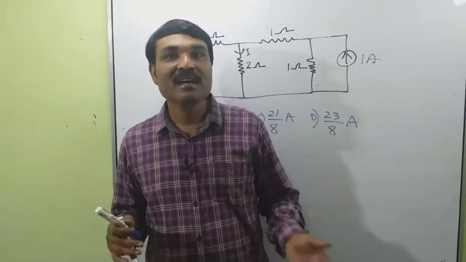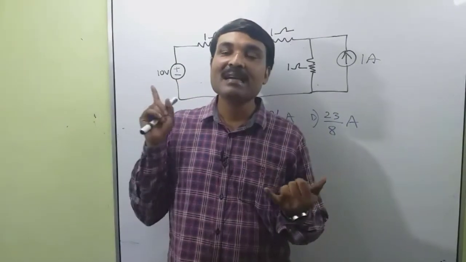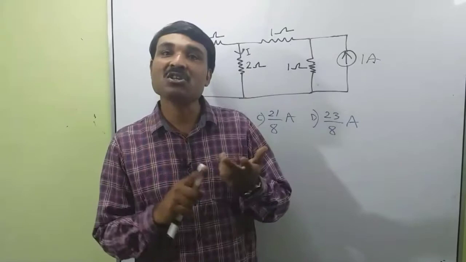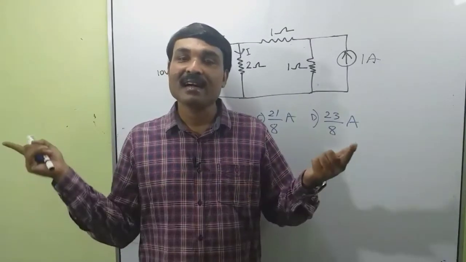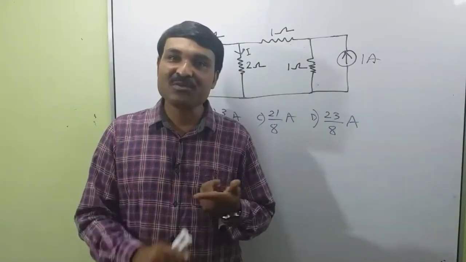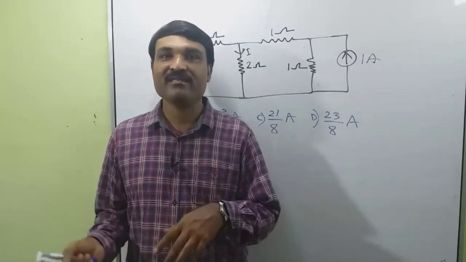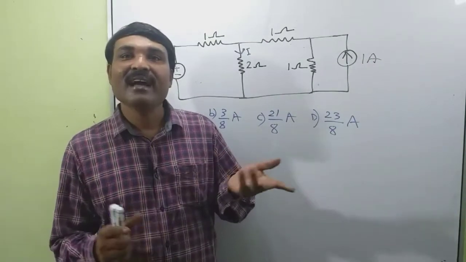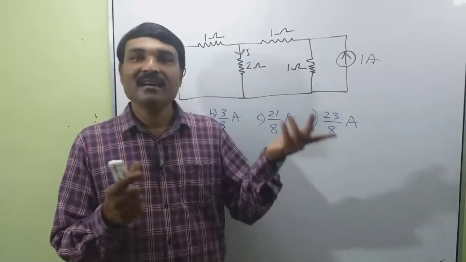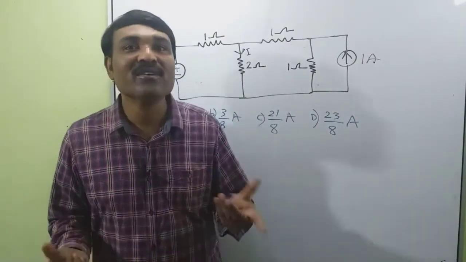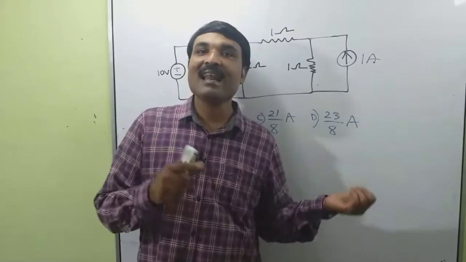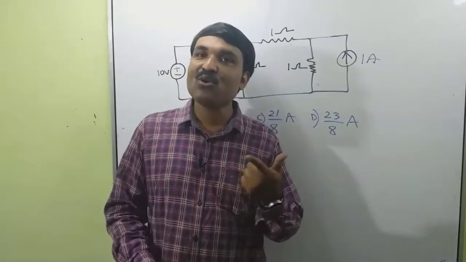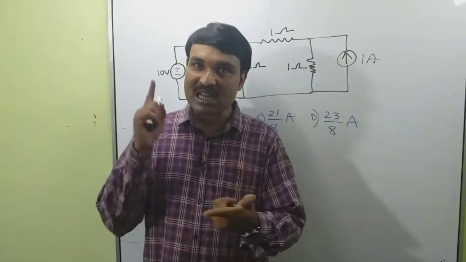For the last many classes, we have discussed the basic fundamental principles of network theory. That is about charge, voltage, current, the concept of power, active power, reactive power, etc. Then we defined KCL and KVL and mesh analysis and nodal analysis, and did several problems based on KCL and KVL.